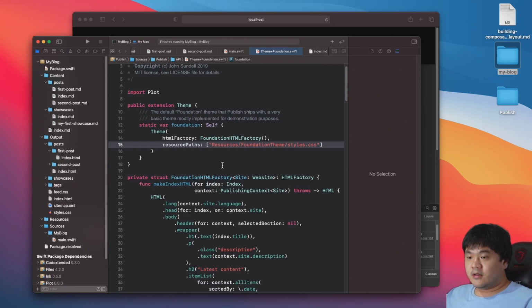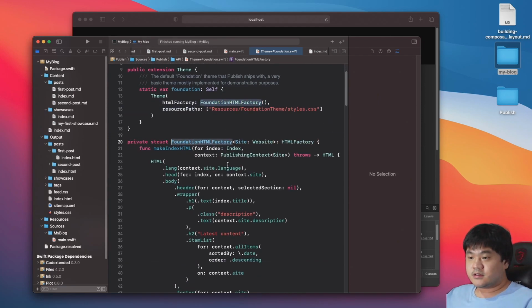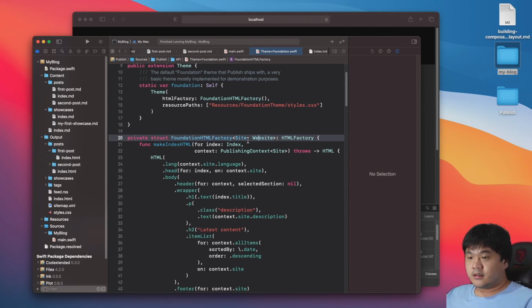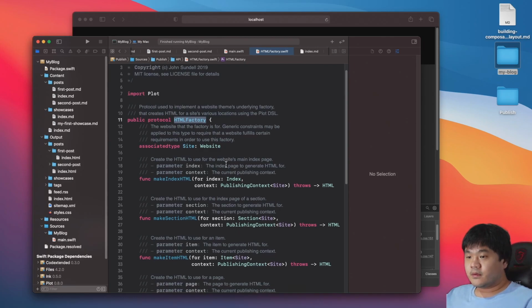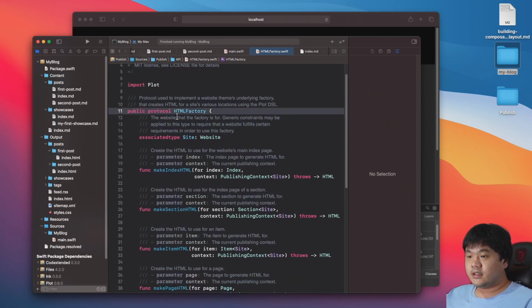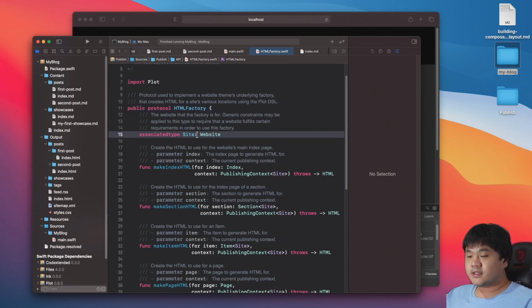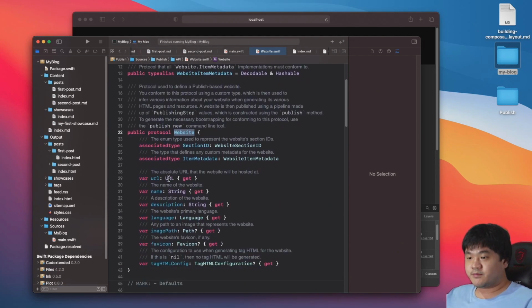Okay, let's take a look here. Foundation HTML factory. Okay, this is basically the struct. This struct uses the generic type, with the type needing to conform to Website, and it also conforms to the HTMLFactory protocol. Let's take a look inside the protocol. So here, basically, it uses the associated type Site that needs to conform to Website. Okay, a Website needs to have this property,